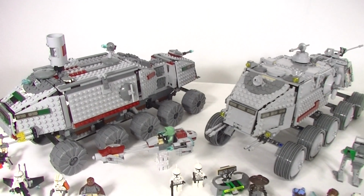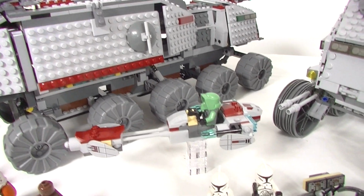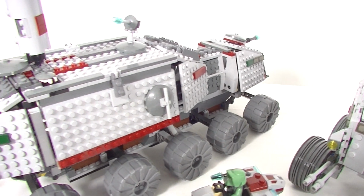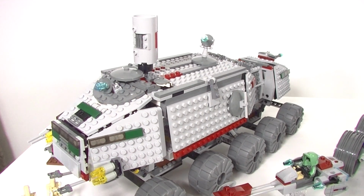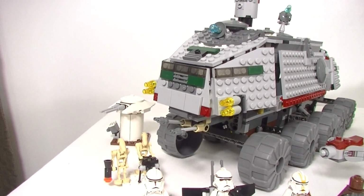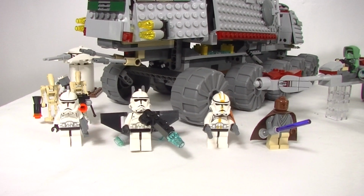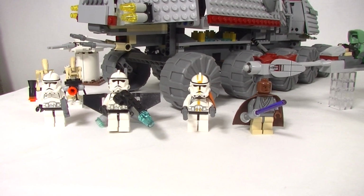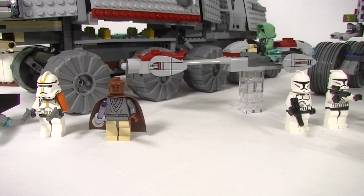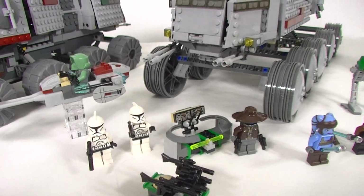Okay, so let's go in and start with the 2005. We do get this cool speeder as well. Very cool set. We get the little turret there and our minifigs, a couple of battle droids, some clone troopers, Mace Windu, a scout trooper,